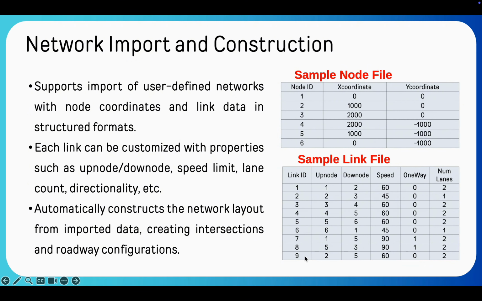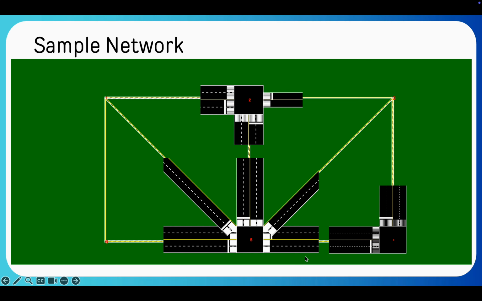Users input node and link data, specifying attributes like node coordinates, link directions, speed limits, and lane numbers. For standard intersections, the network is constructed automatically, producing well-aligned intersections. However, with complex intersections, such as the one labeled 5 here, where links intersect, users can manually adjust these configurations